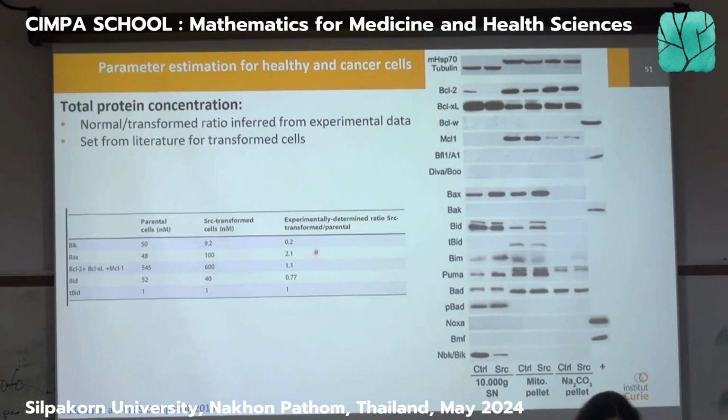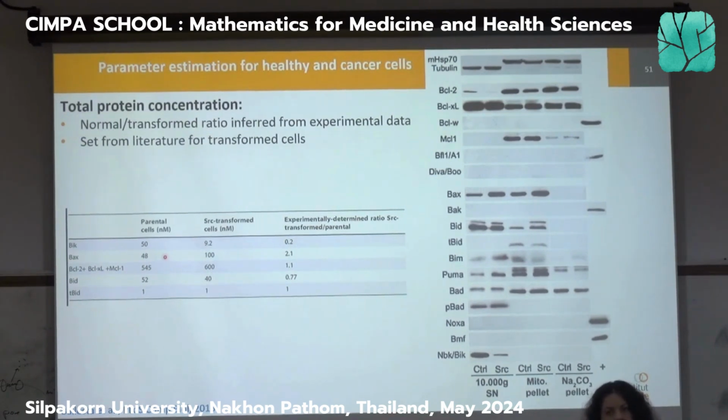Okay, you do the same for the other species, and then you get your ratio. So now what we have done is we have inferred the quantitative value for the total concentration in the cancer cells from the literature. So we have taken information from the literature. So for instance, we have set VAX to 100 nanomolar in the cancer cells. And because we know the ratio, then we will just deduce the quantities in the normal cells. Okay? So this is just a very small, simple trick for getting the total concentration.